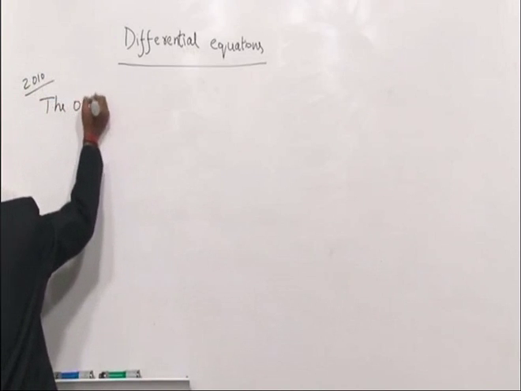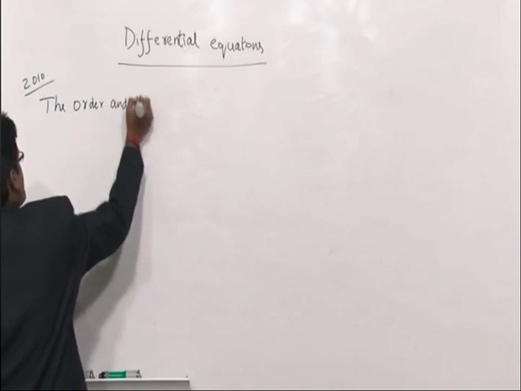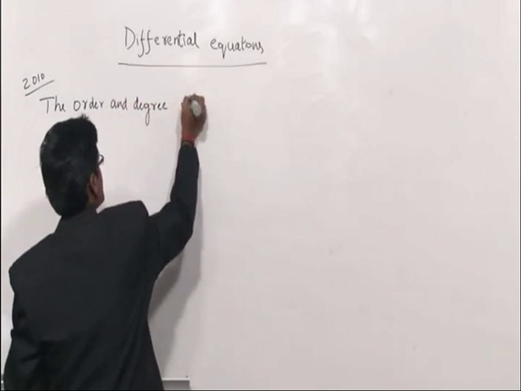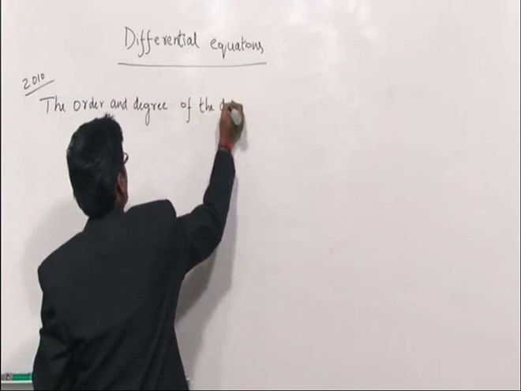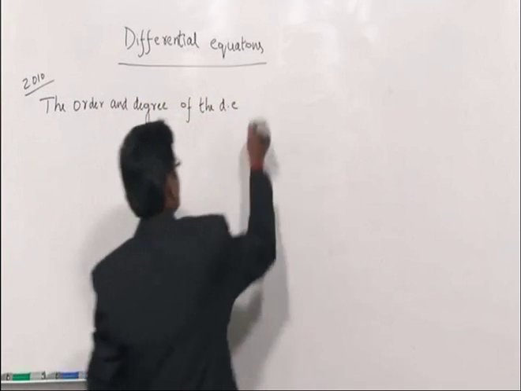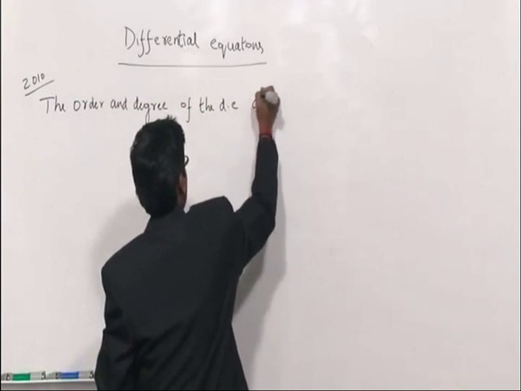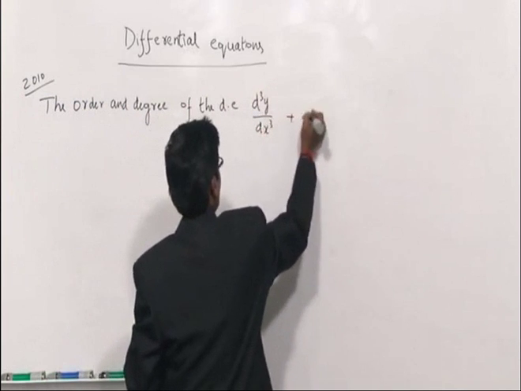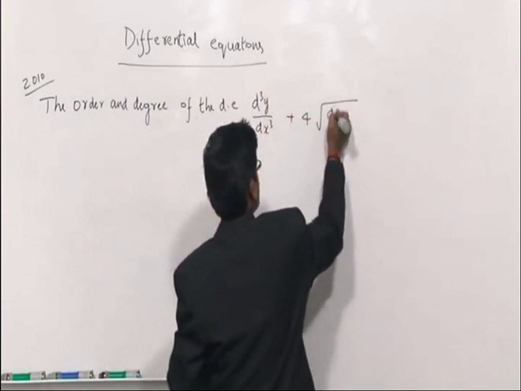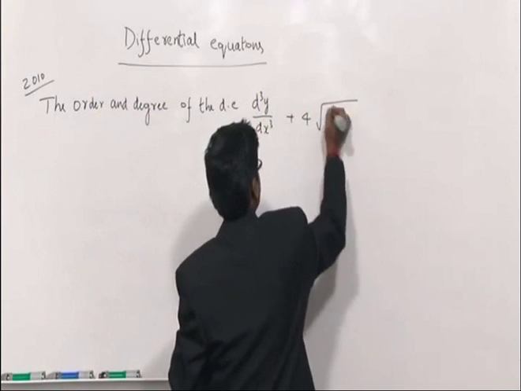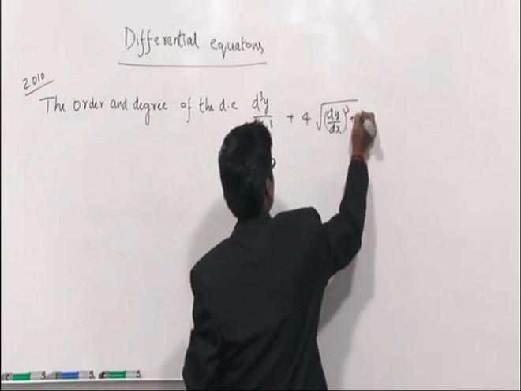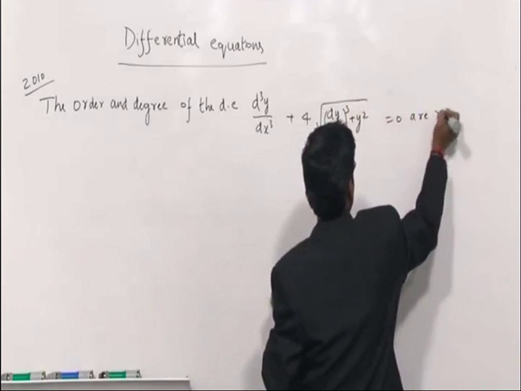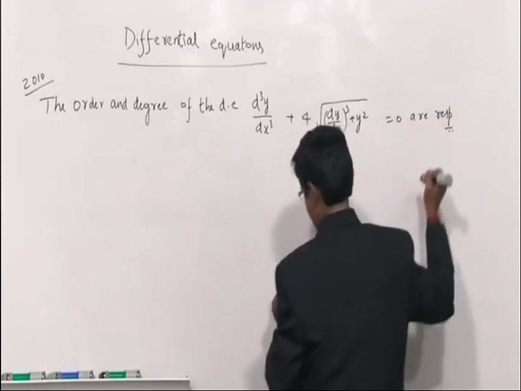The order and degree of the differential equation d cube y by dx cube plus 4 times square root of (dy by dx) whole cube plus y square is equal to 0 are, respectively,